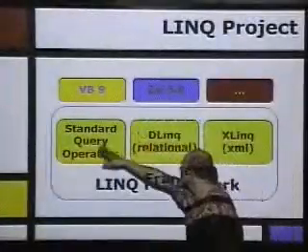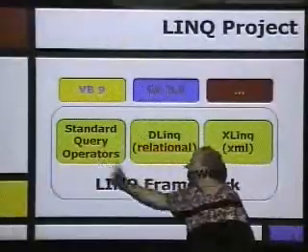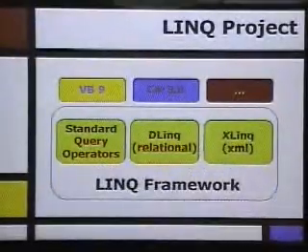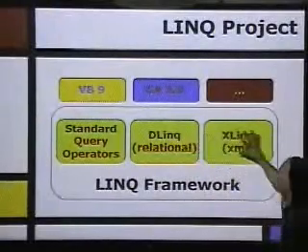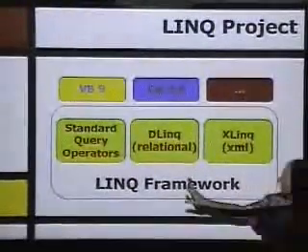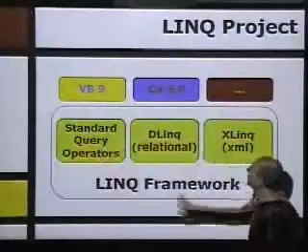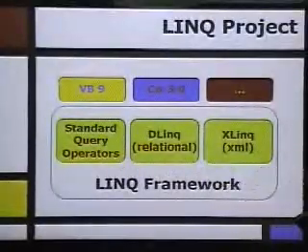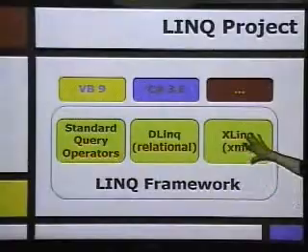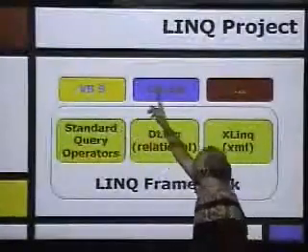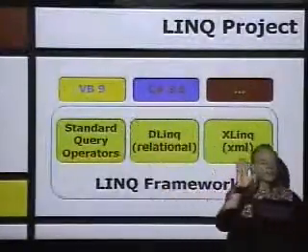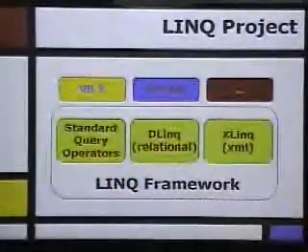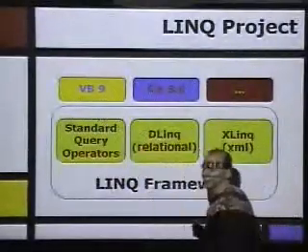Okay, so now I can use the same query notation to query over any collection. So we do the same here. We're defining a framework that has some standard query operators. Okay, and then we have some domain-specific libraries. So this is like standard monadic operators. We have some domain-specific libraries for relational data, for XML, and then all these languages here can define their own syntax for comprehensions that map into these standard query operators.